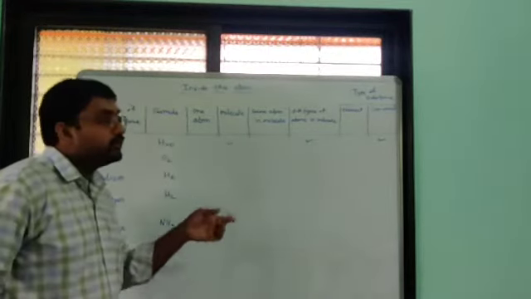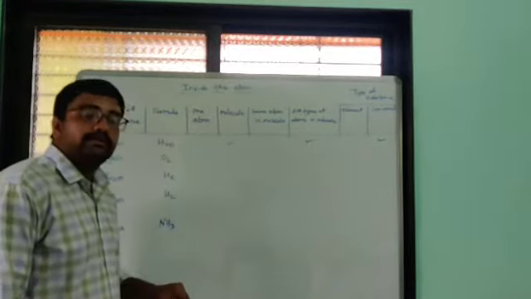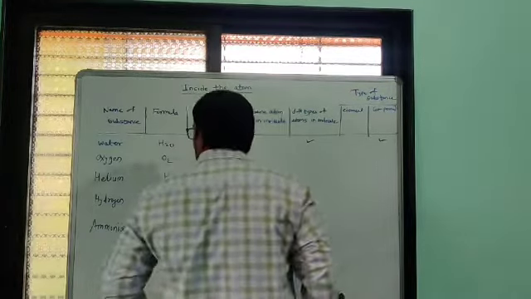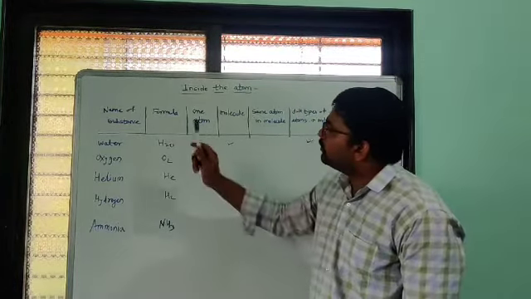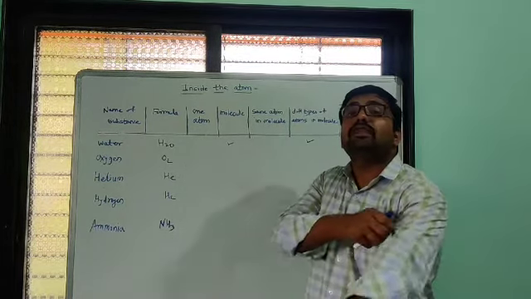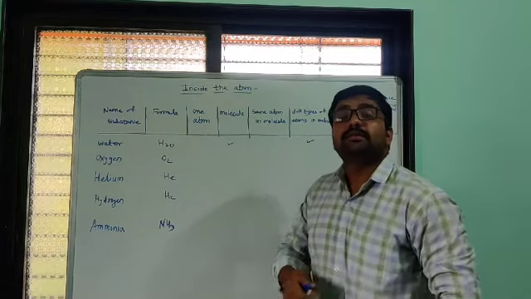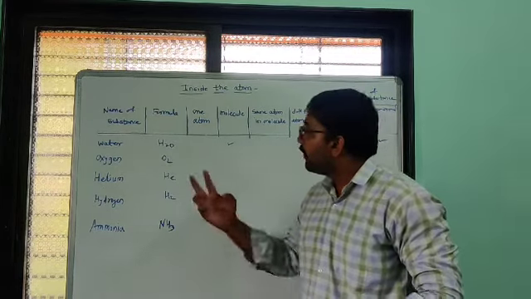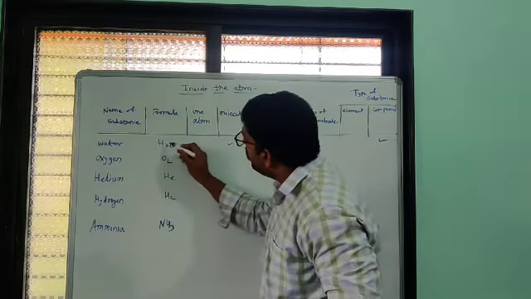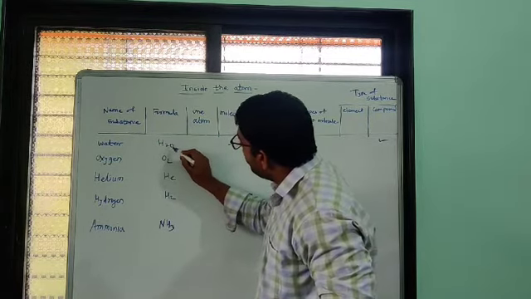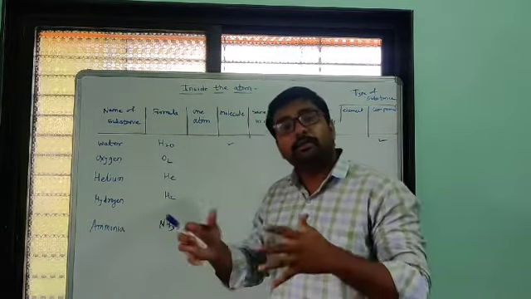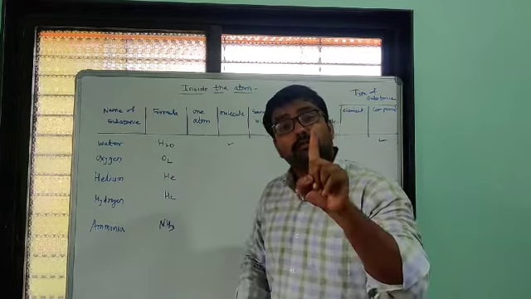Okay, so we have to find out whether a given substance is a compound or an element. The first example is water. If we see the formula of water, here we have to observe the formula. The formula tells us which type of substance is given here. The water formula is H2O, which means two atoms of hydrogen and one atom of oxygen are bonded together, combined together